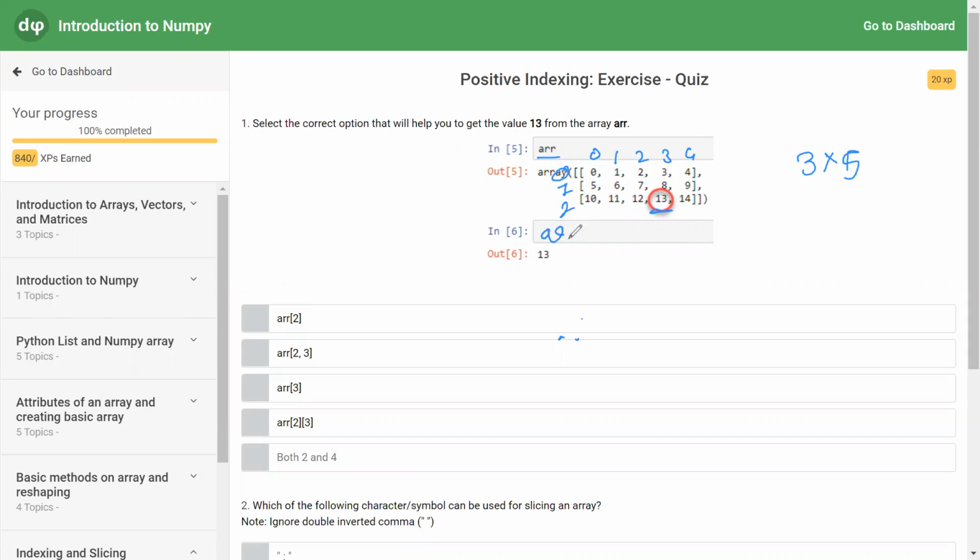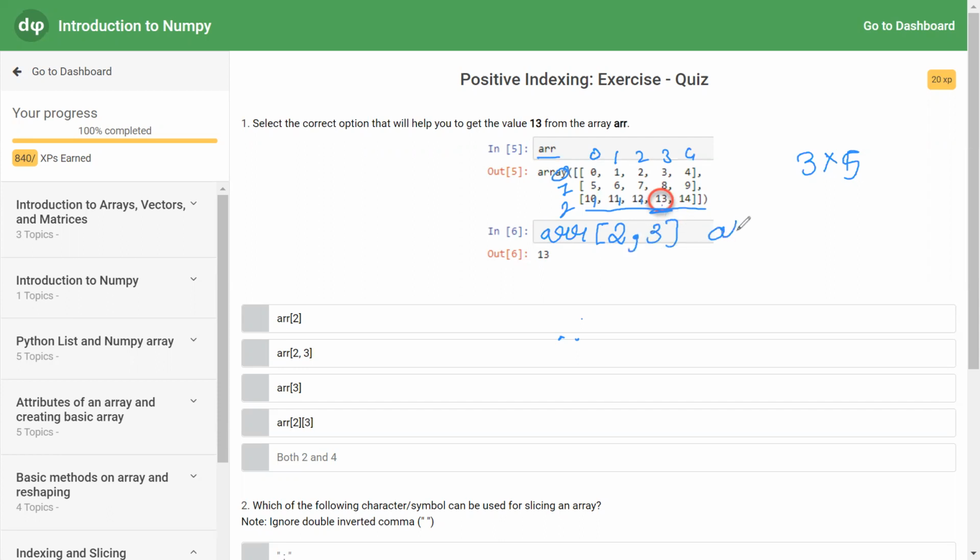Here will be ARR. You want the row, the first index is the row. Therefore, we will assess 2. So this will return this complete row. In this complete row, we want to assess the element at position 0, 1, 2, 3. So this is 2, 3.